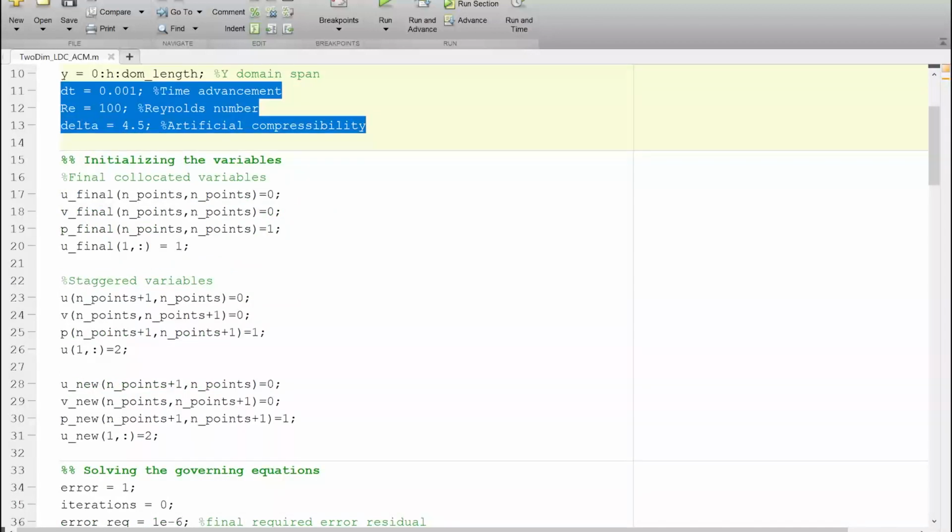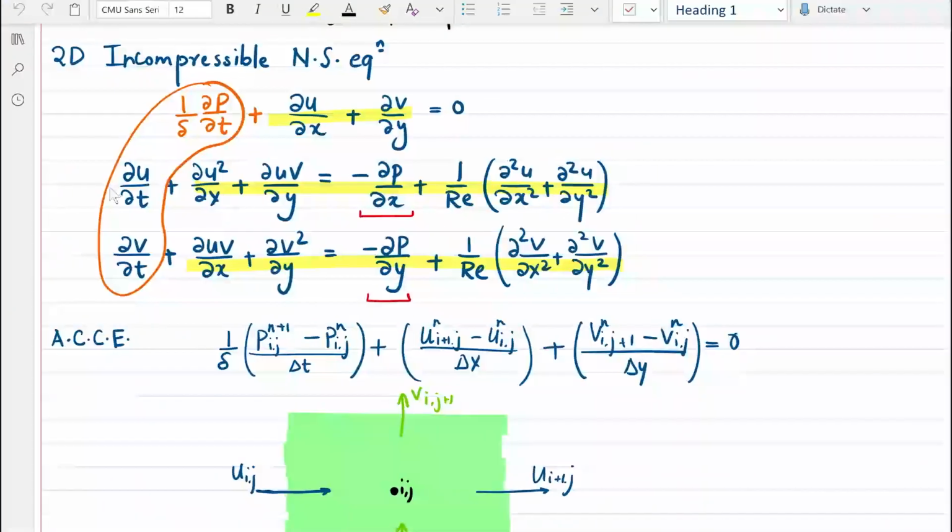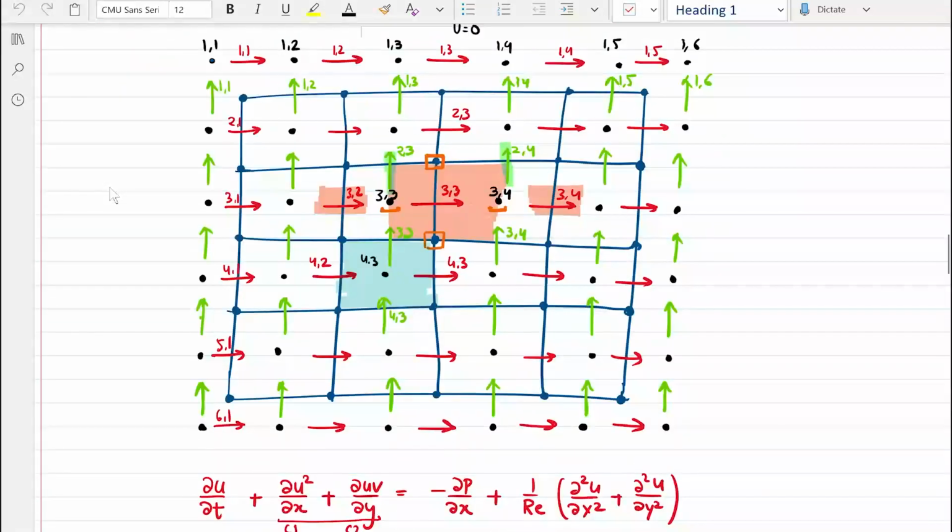So before I go into that, because we are using a staggered grid system, let me tell you a little bit about the variables. So this is the grid system that we are using. So if you remember, these blue points, these are our physical domain. So these are the grid points on which we finally want the solution, whereas the red ones are the staggered u velocity, the green one is the staggered v velocity, and the black points correspond to pressure.